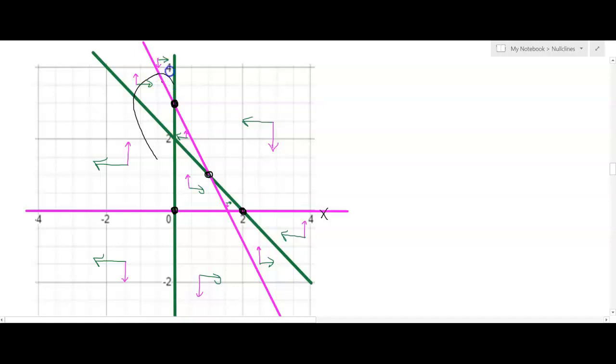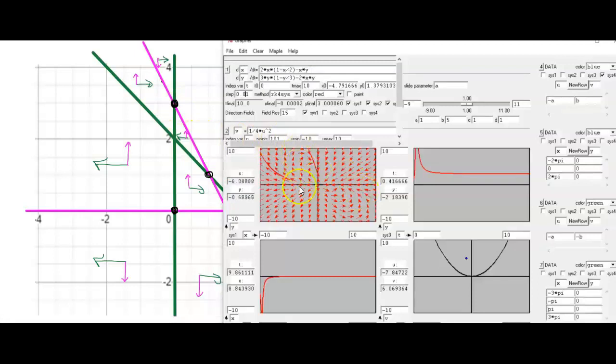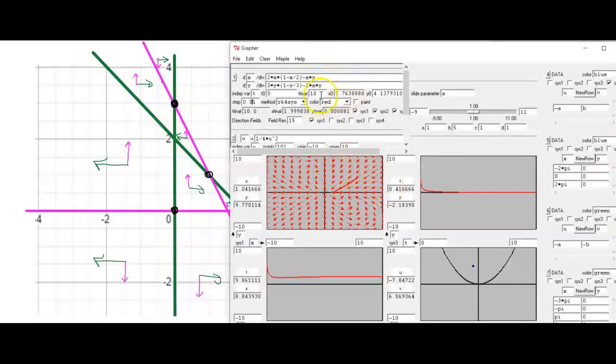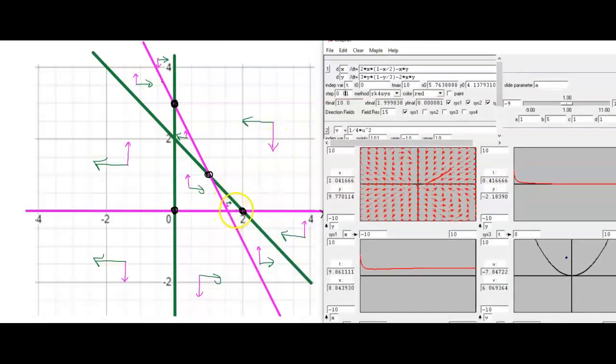Well, what if it hits this nullcline? Well, that's an X nullcline. We see that the arrows to the left and right contradict each other, but the downward component faces down, and so that point has to end up there. Such a super powerful analysis that we can gain from this, and we see that happening over here. Down in this pocket, you can kind of see that those points go to (2, 0), and then some of them here, we saw that the arrows over in this region point down and to the left, and that's indeed true. Some of those we said are going to end up at (2, 0), and some of them are going to end up at (0, 3), and you can see that there's sort of this point where those two behaviors